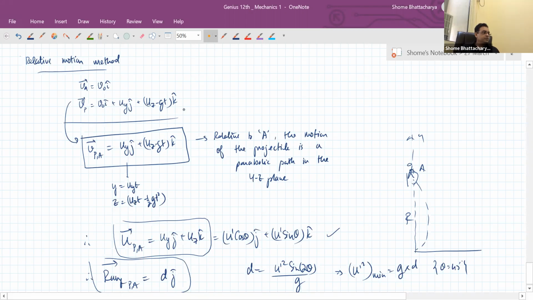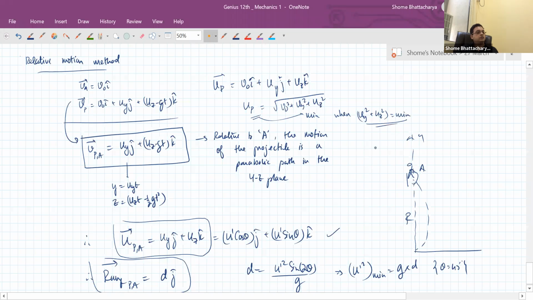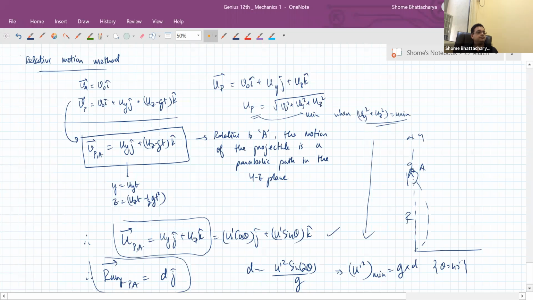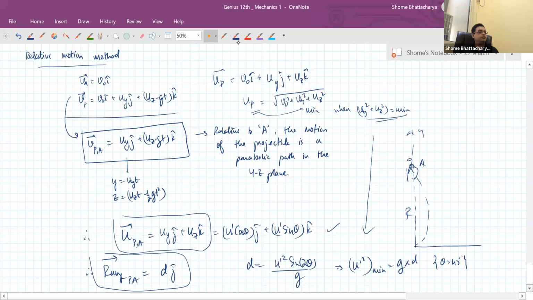Because these are mutually perpendicular, you can see the initial velocity of the projectile is minimum when uy square plus uz square is minimum. So that is this condition. Having understood that, now we can see